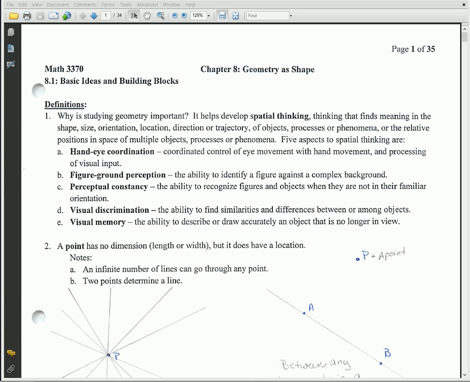So this is Chapter 8, Geometry as a Shape. So we're going to be talking about more geometry in the sense of building from points to lines to figures to three-dimensional figures. There are three sections in this chapter. The first one deals with the basics, what a point is, what an angle is. The second section deals with the different types of figures, and the third section deals with